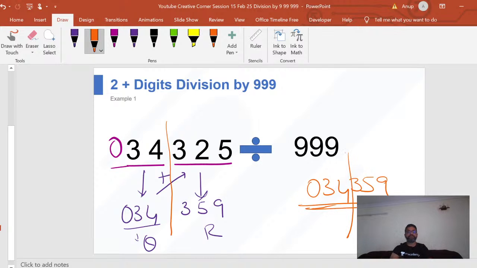That's all you need to do. Separate out, write it in one full line, right? Write it in one full line and then just split it out. Just split out the quotient and the remainder. Okay, so I hope it was easy.